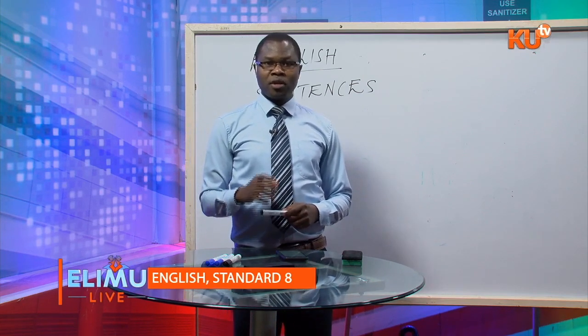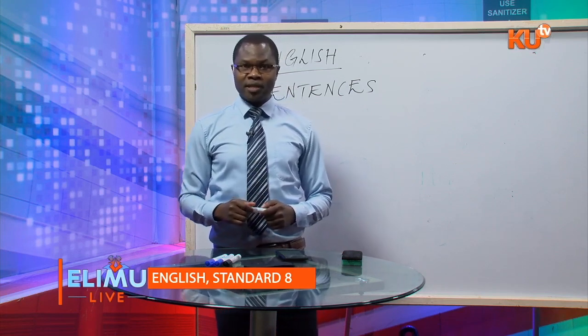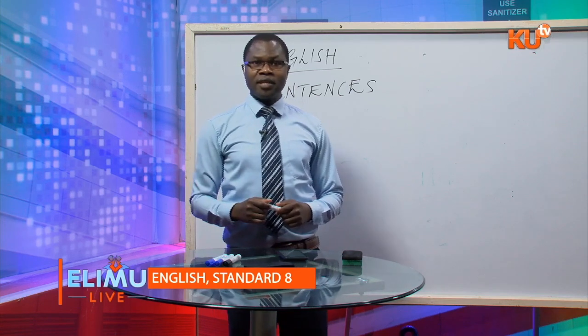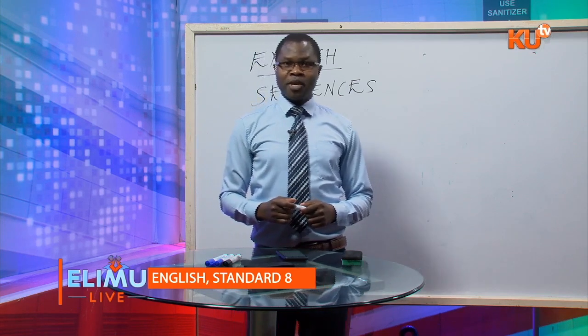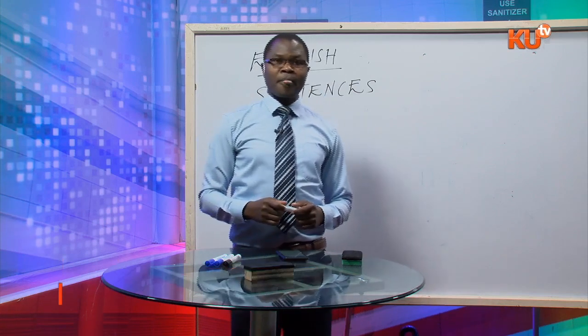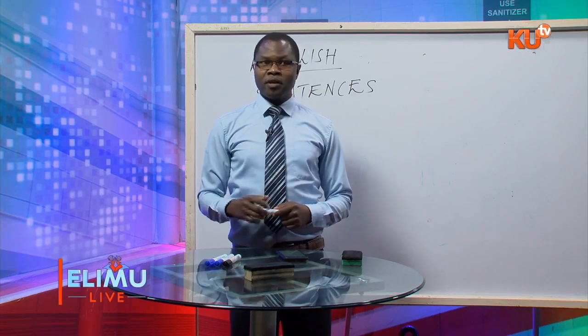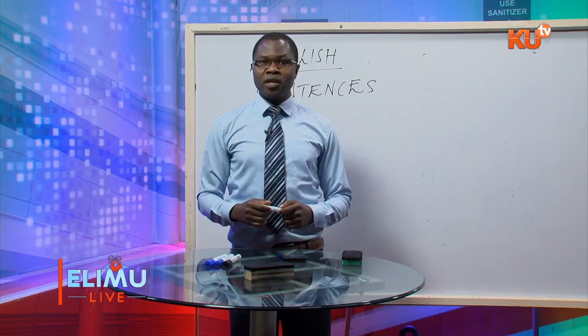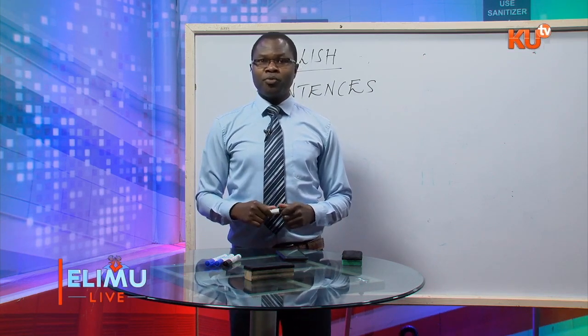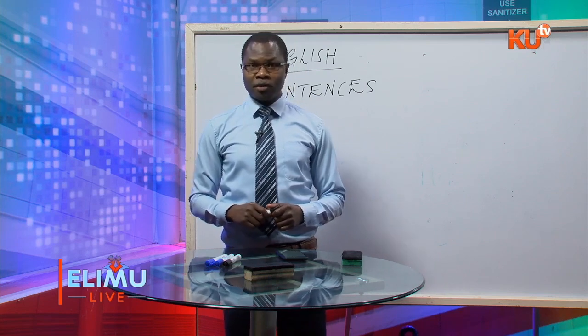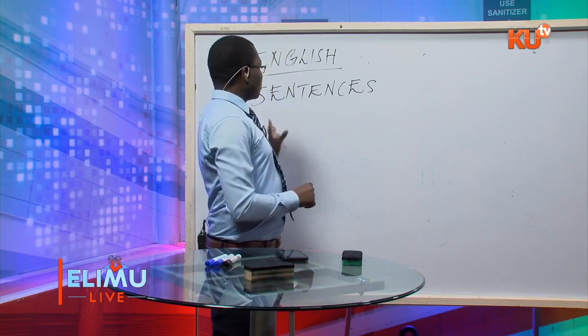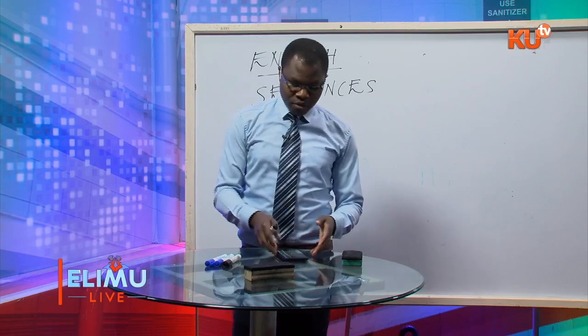When you put clauses together, you come up with sentences. The sentences, as many as you use them, make paragraphs, and many paragraphs put together make a story. So today I want us to look at sentences, and to begin with,